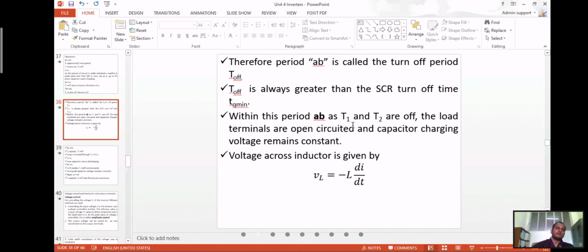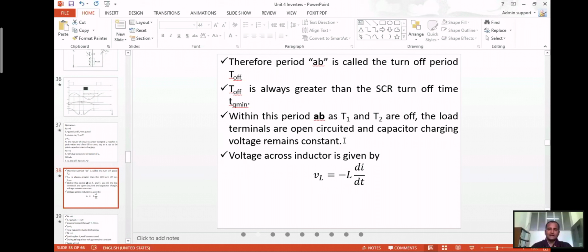So within this period A and B, the off period, T1 and T2 are off and the load terminals are open circuited. Both the main thyristor T1 and the auxiliary thyristor T2 are off, open circuit, and the capacitor charging voltage remains constant. The voltage across the inductor is given by